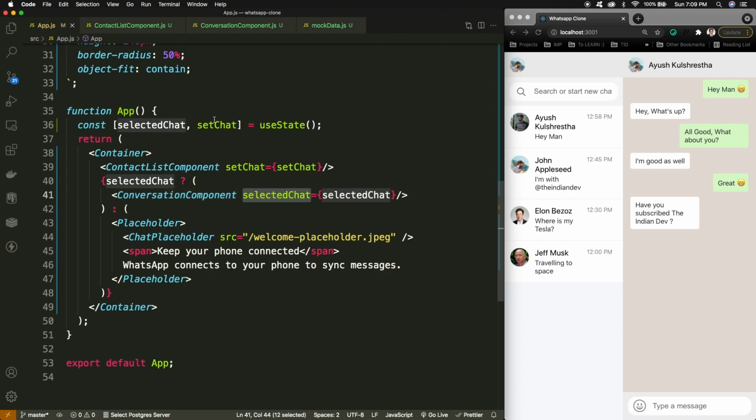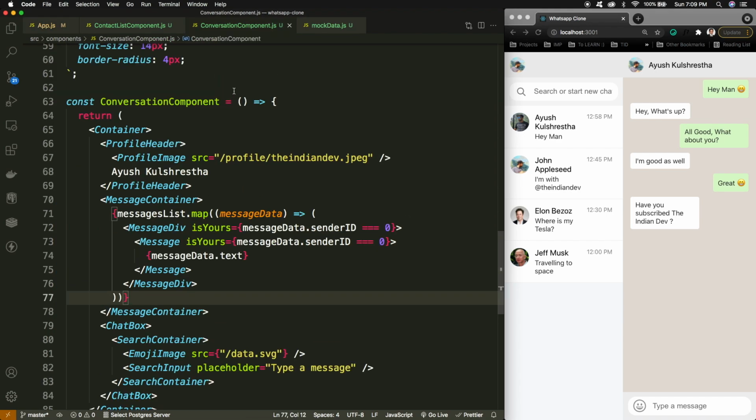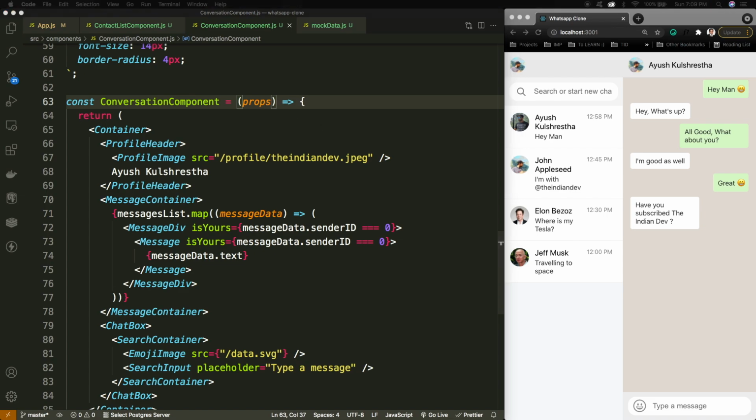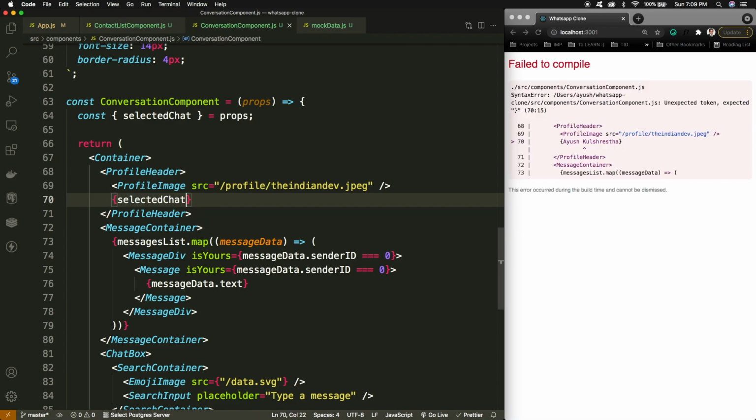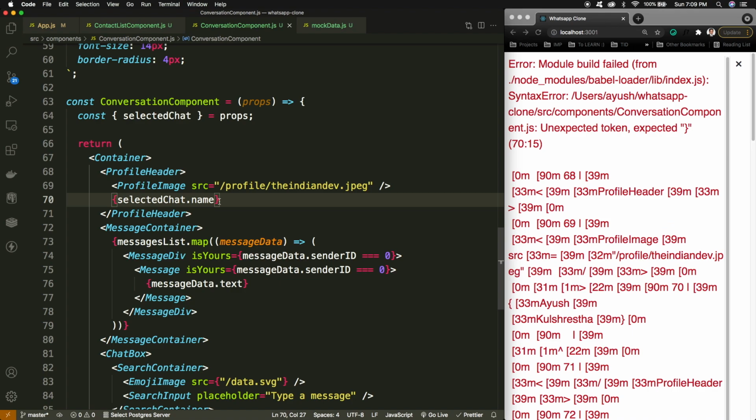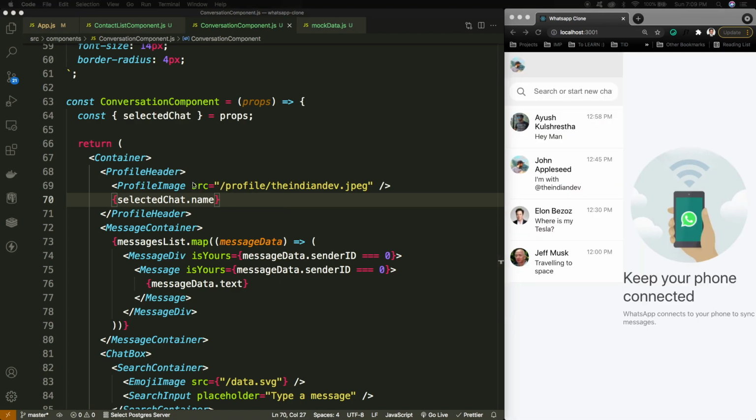Selected chat is passed over to the conversation component, and from the props inside this conversation component, we can simply destructure the selected chat, and from the selected chat what we can utilize is the contact name in the header. So maybe I can use this as selectedChat.name, and other than this, we can have the profile picture of the user.